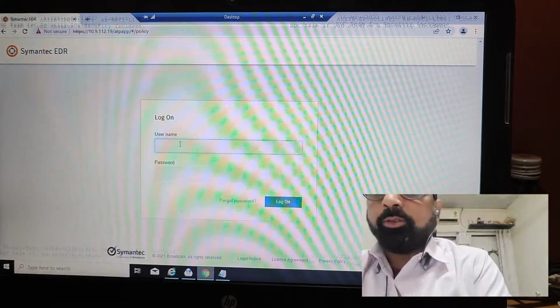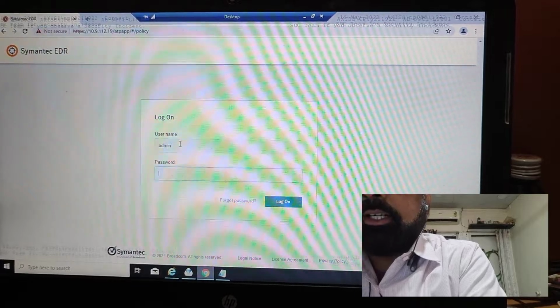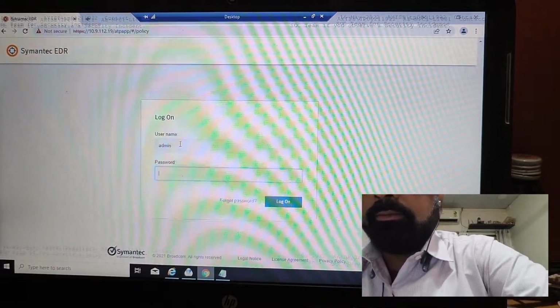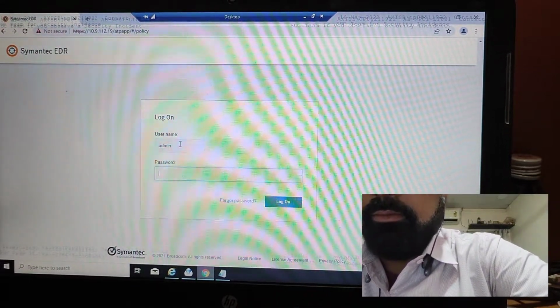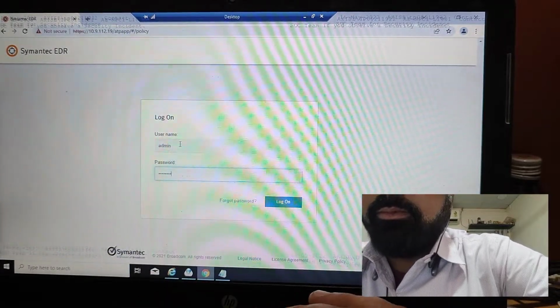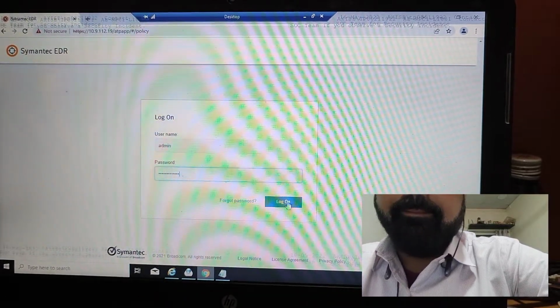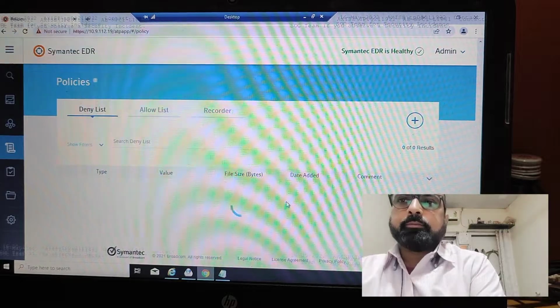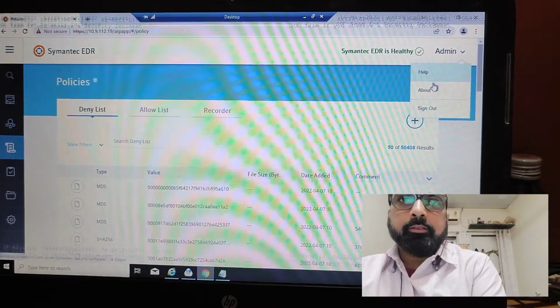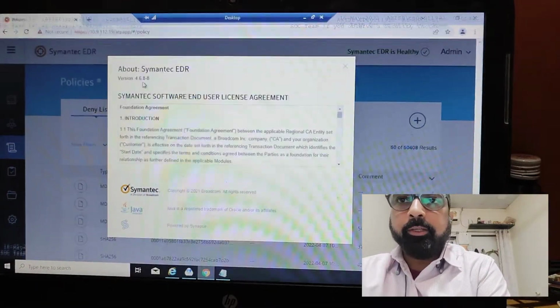This is a console of the Symantec EDR. This is the latest version of the Symantec EDR.